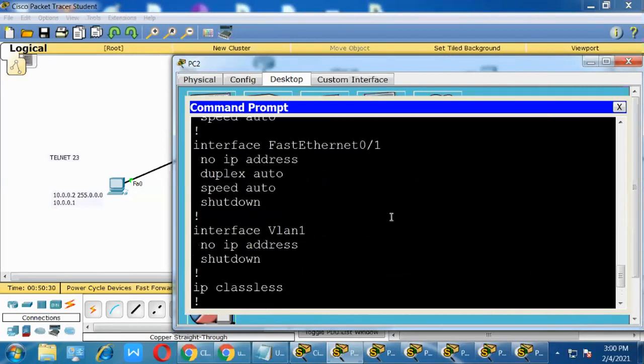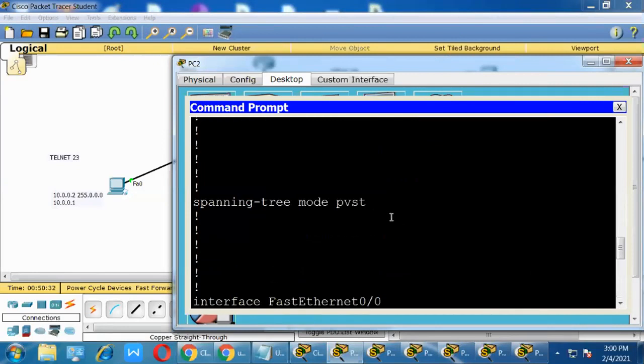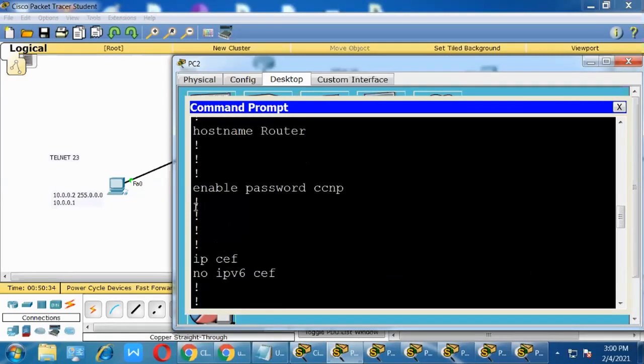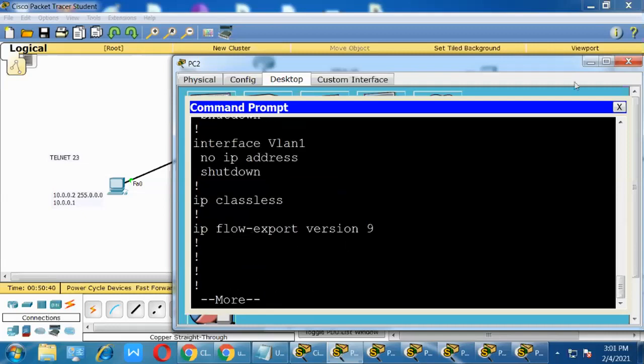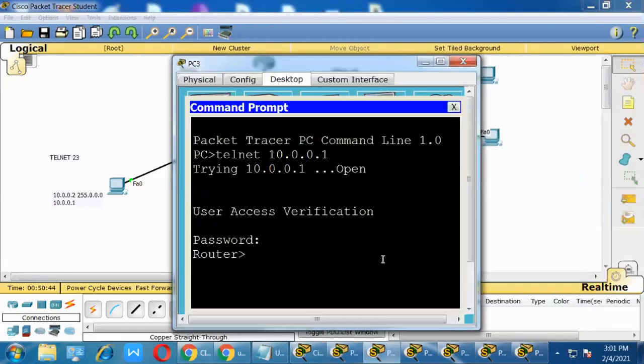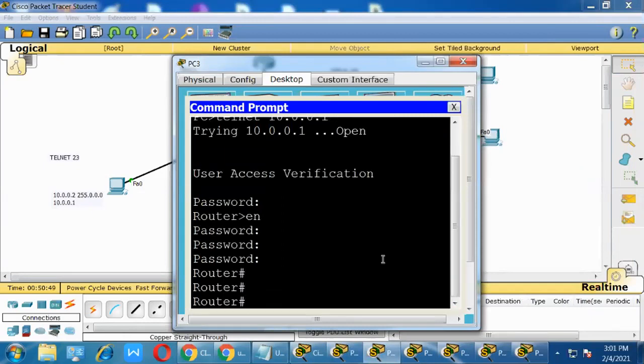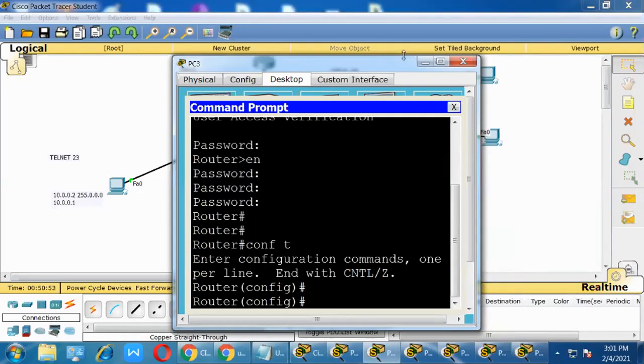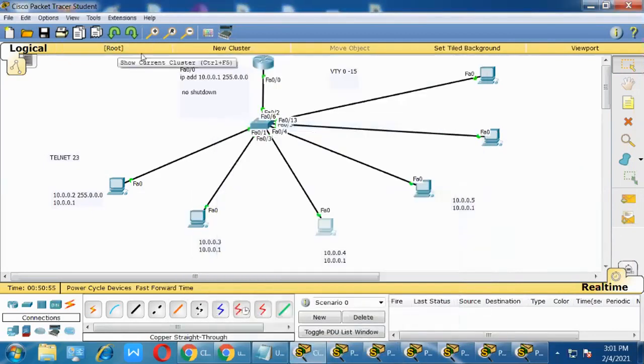See, the enable password is my CCNP, which is showing, right? Got the point? So now everyone can enter the router. They can type the CCNP password and enter, right? So everyone can access. Clear? Yes, sir.